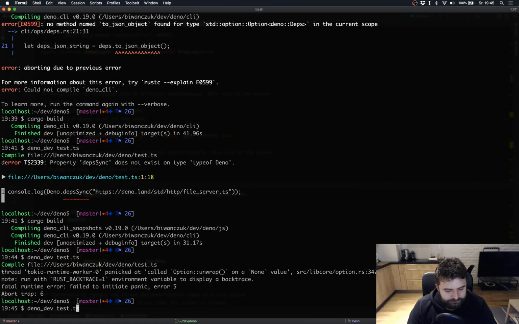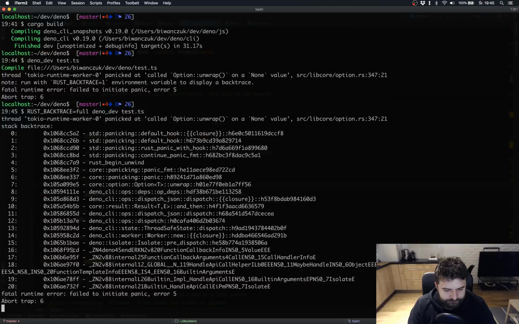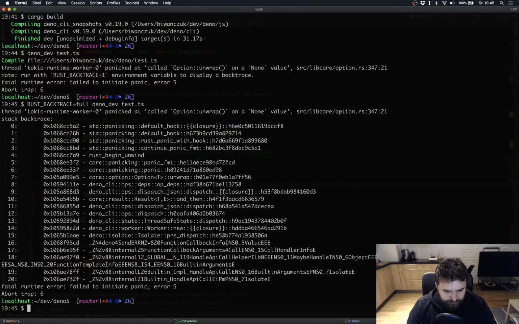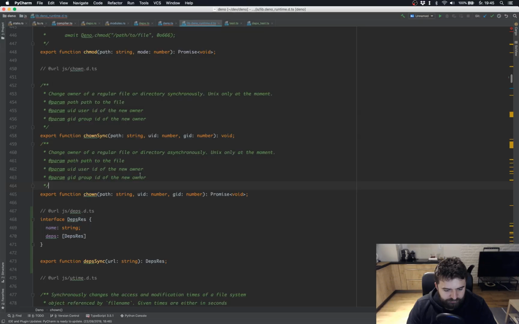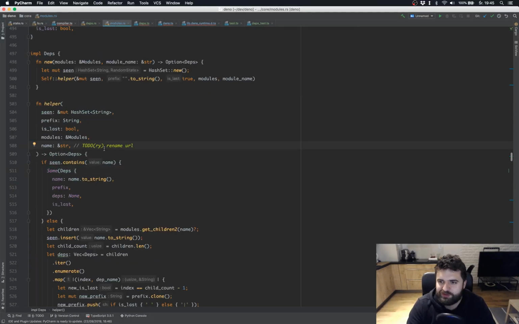Oh yeah, that's better. Let's see what's wrong. Rust backtrace full. So where do we panic? Deps option. Okay, yeah, so this is the panic that I told you about. We did not load this module before, and that's why we're getting